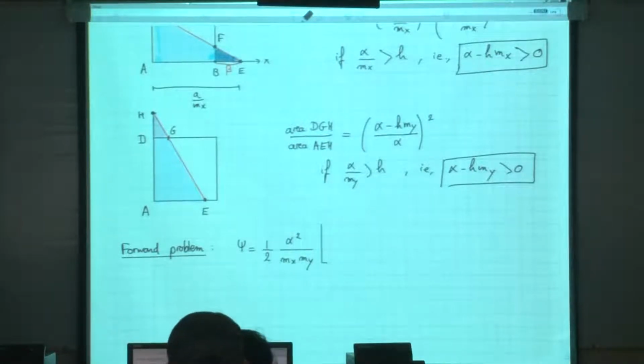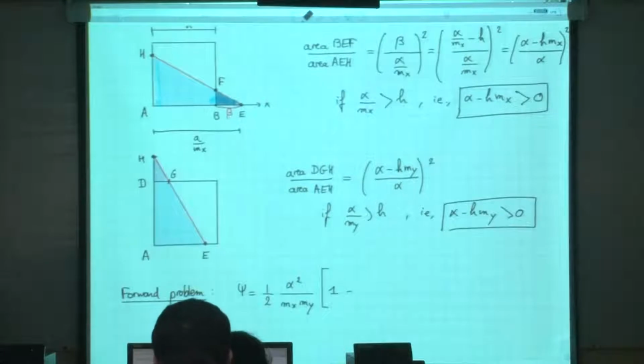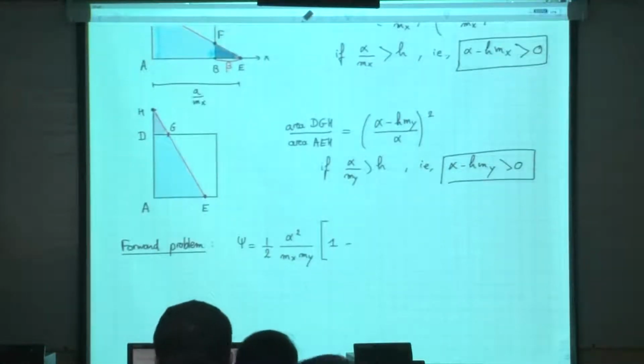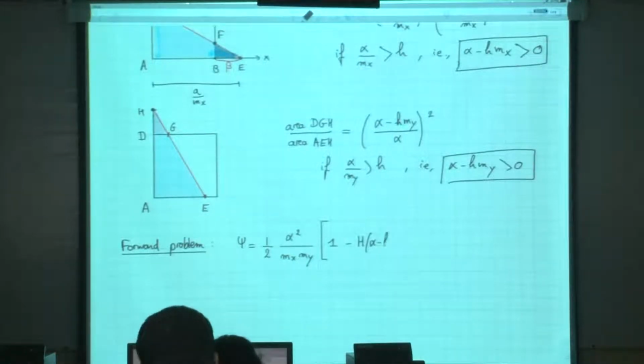First, by subtracting the area of my little triangle BEF if it exists. The if it exists is a Heaviside of alpha minus h times m sub x. That's the if the little triangle to the right exists,